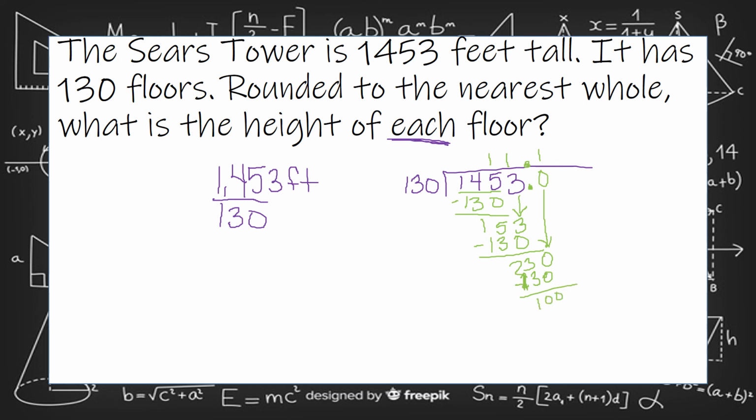And I could keep going, but this tells me that this number will round to 11 feet for each floor, because it's 11.1. Okay, now you could have also done this on your calculator, and your calculator would have told you that it is, let's see,